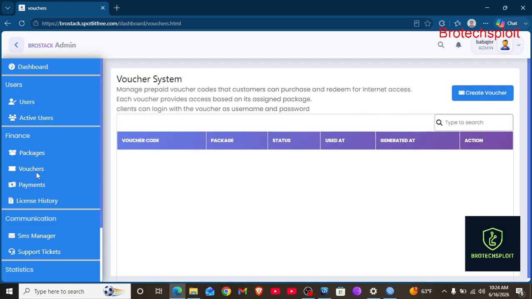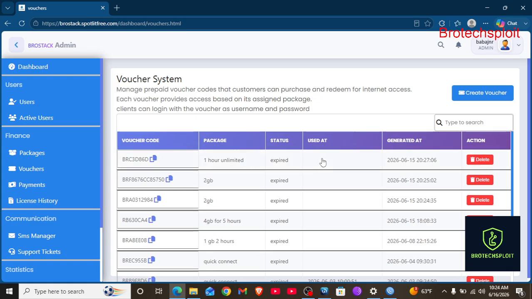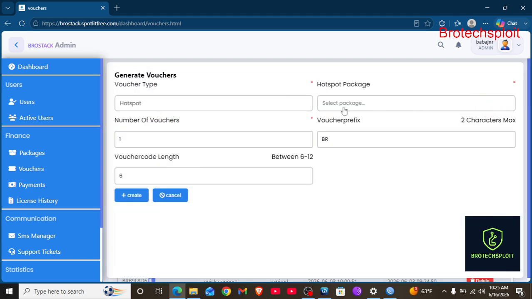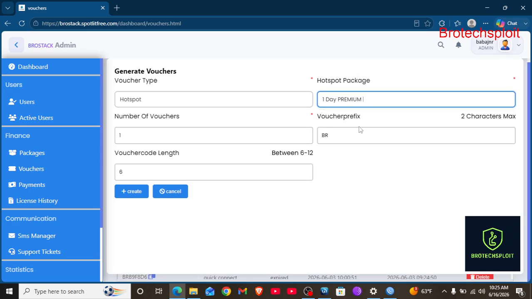So in the vouchers section, here is where you create the vouchers, and you can send the voucher to your specified user. The user will use that voucher as the username and password. So to create a voucher, simply click create voucher. You select the package that you want, let's say 1 day premium. You select the voucher prefix, let's say we wanted S,